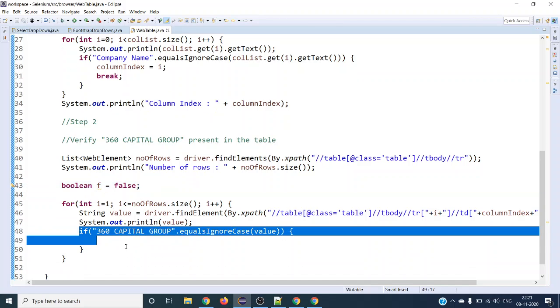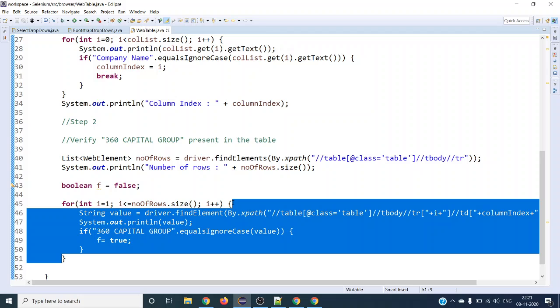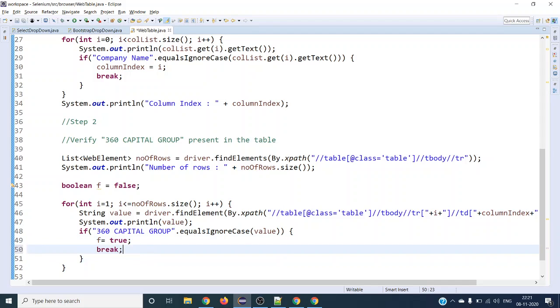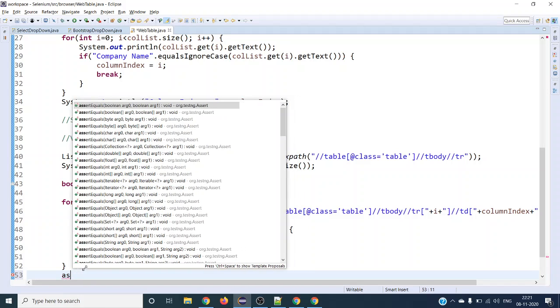If it is found in the list, then the flag should be toggled to true. It will loop through all 25 values, and once it is present, you can break the loop and come out. So here you can assert the condition,